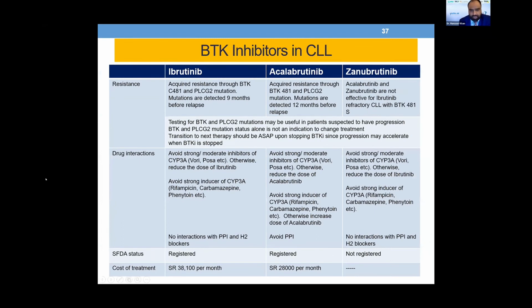With regards to the resistance, that's an important point that I would like to make. In the whole Middle East, we don't have in-house mutation testing for the CLL patient. We don't have the mutation panel to be done in the country. We don't have in-house facilities for the Bruton's tyrosine kinase and PLCG2 mutations in the country as well as in the Middle East. I think Dr. Ahmed Al-Jadai is here, so I'd like to convey this message to him that I think we should have in-house